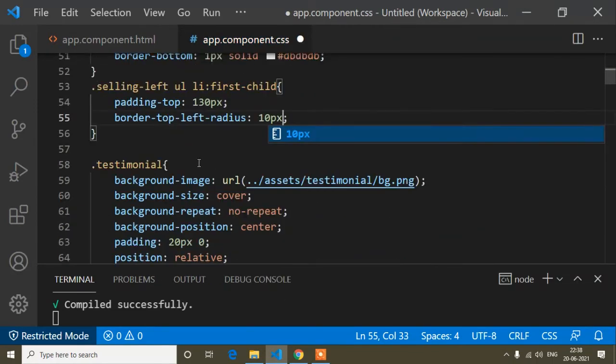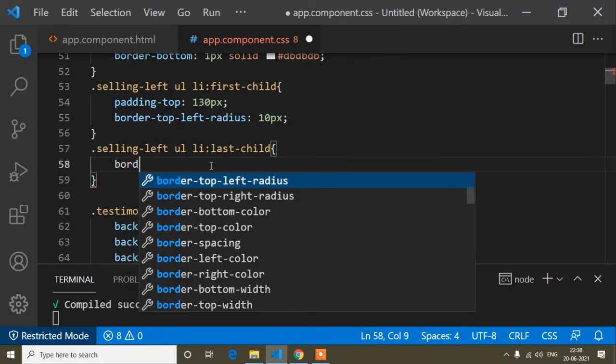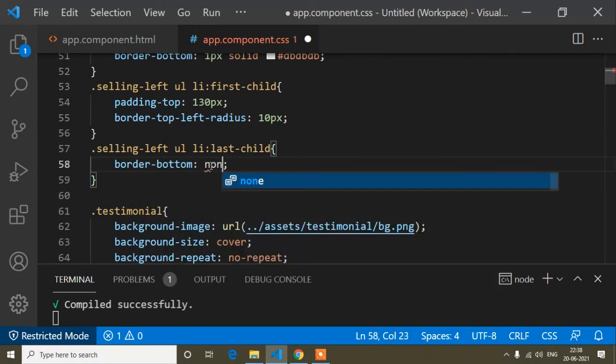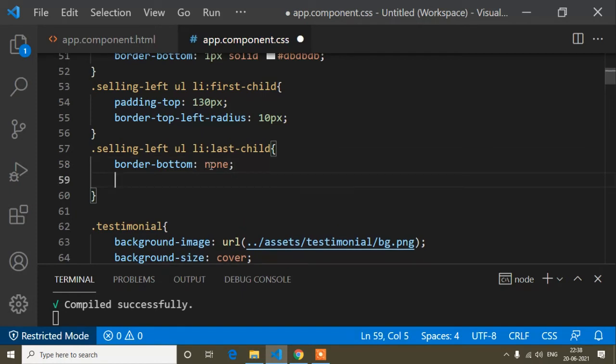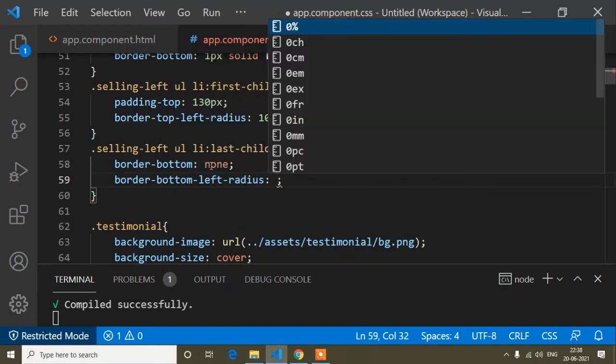Okay, so this one, and I will copy this one, paste, and instead of first child here I will write last child. So the border bottom of this last li tag has to be removed, so I will write border bottom is none, and the border bottom left radius is 10 pixels.